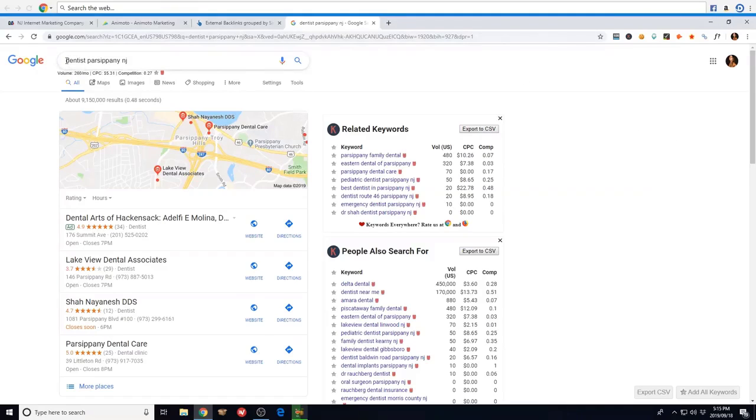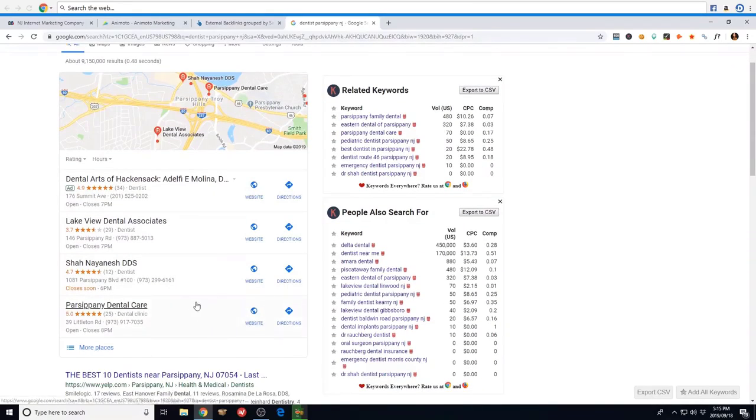Now, I just did a Google search for dentist Parsippany. Local SEO would aim to rank the business in the top 3 of the Google Maps 3-pack or snack pack. Another part of local SEO that's really important is reviews. Reviews build credibility and authority, and they do help with Google ranking. So local SEO is made up of the reviews, review generation, or enticing people to write reviews for your business,